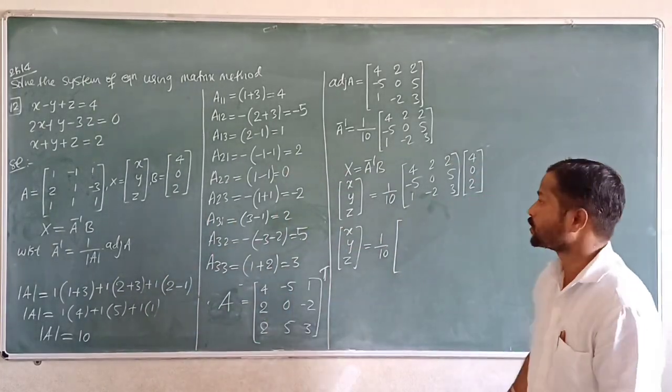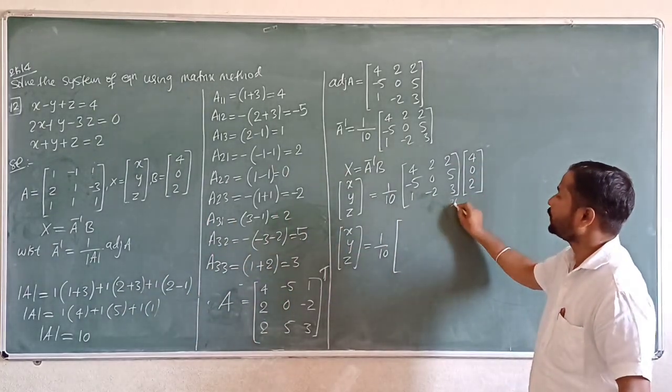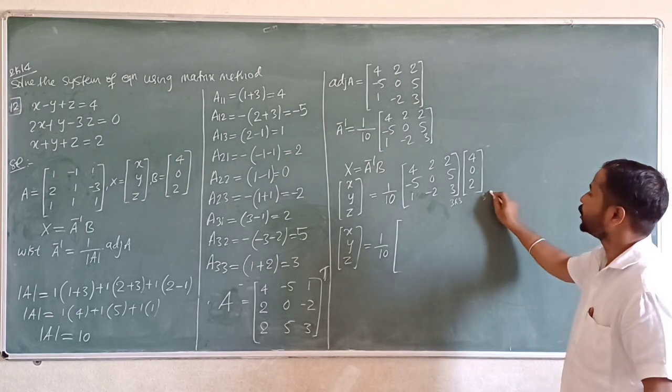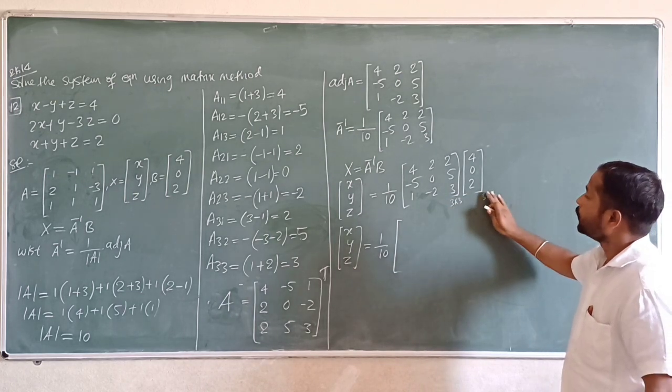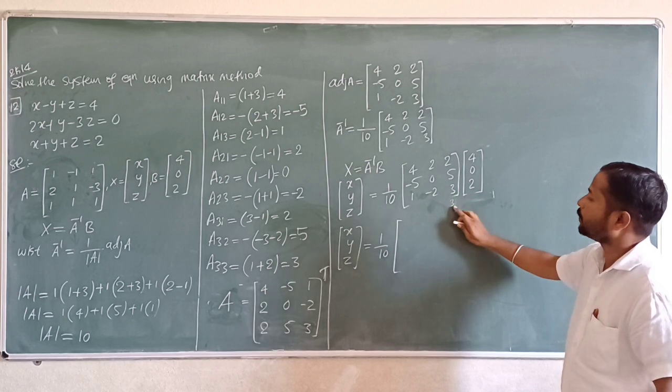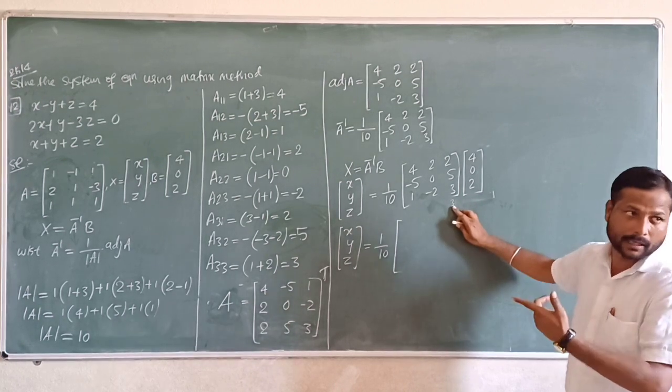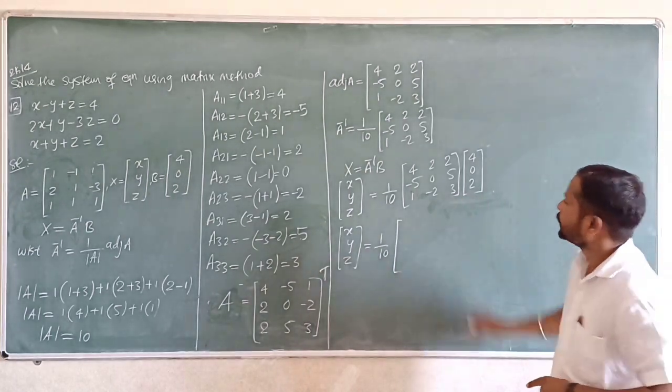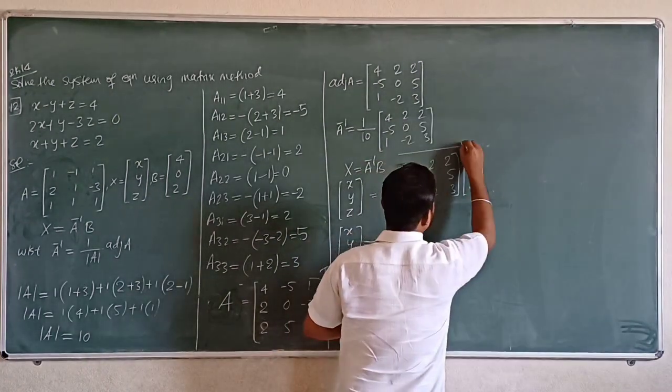Multiplication, many people get confused like this. It is how many columns? 3 rows 3 columns. It is 3 rows 1 column. Then A inverse into B is the answer of which row, which column? It consists of 3 rows 1 column. That okay. Now take the first row first